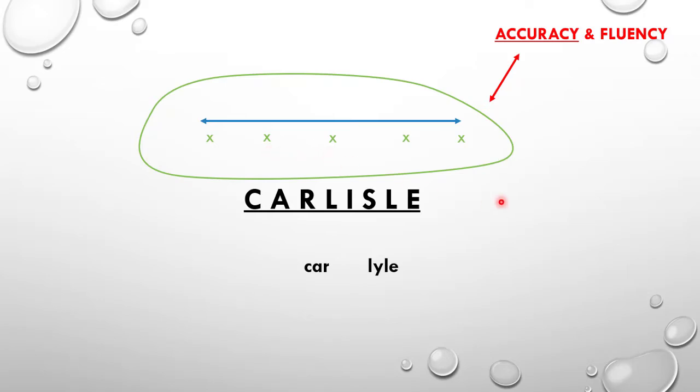Now, let's look at an example that would be deemed inaccurate and incorrect. Listening carefully. Carlisle. Okay, now this is outside of this box. It's outside of the spectrum, and thus it is not legible. One cannot understand what is being articulated, and thus it is inaccurate. Listening again. Carlisle. Right? It is illegible, it is inaccurate, and thus it is incorrect.